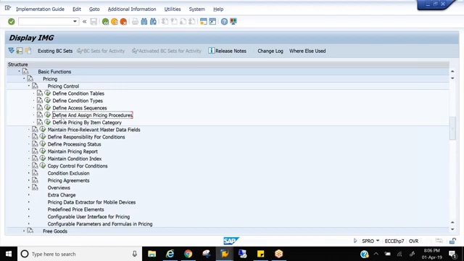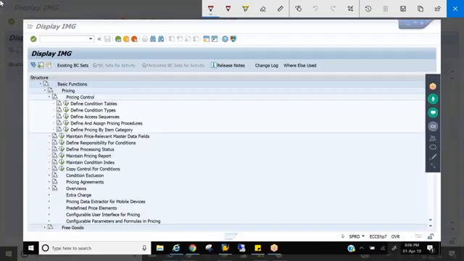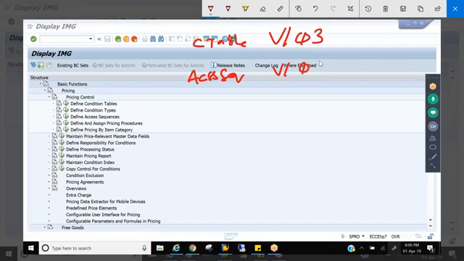Either you can navigate through the menu path like this, or we have the T codes to maintain each step of the condition technique. These pricing T codes are a little important. You can remember them, memorize them. The first step is condition table, that is V/03. Second step, access sequence V/07.